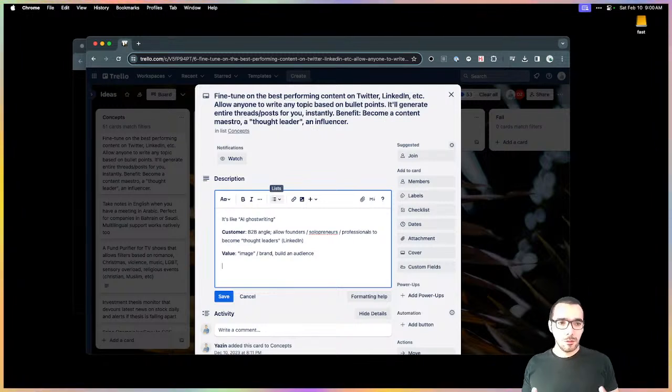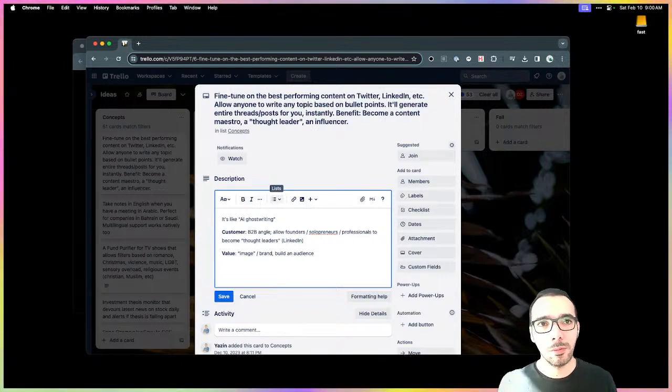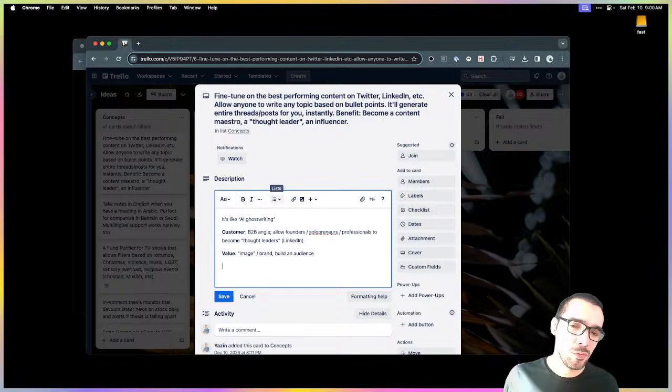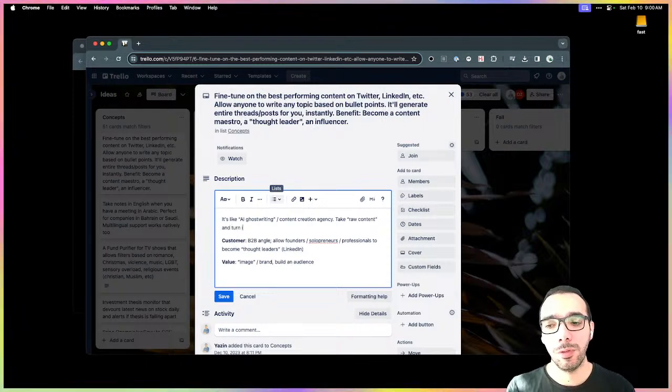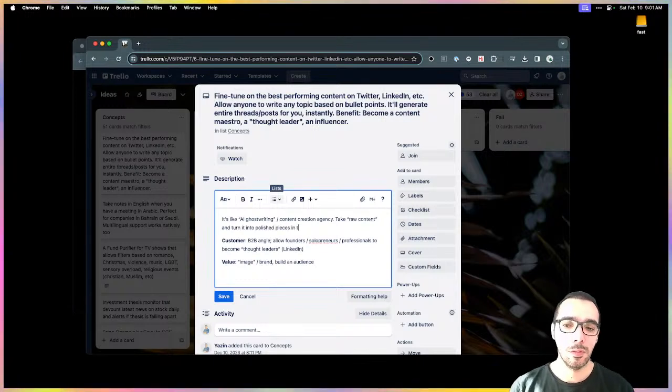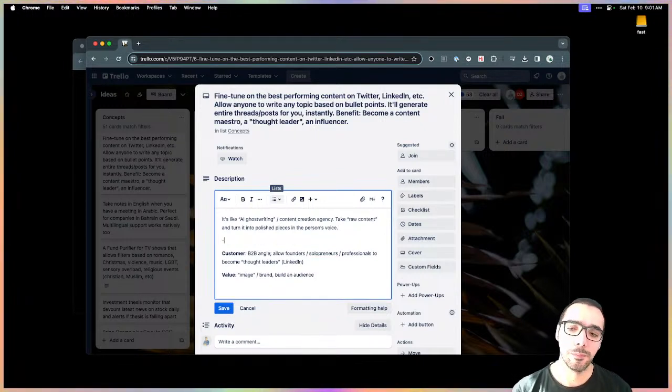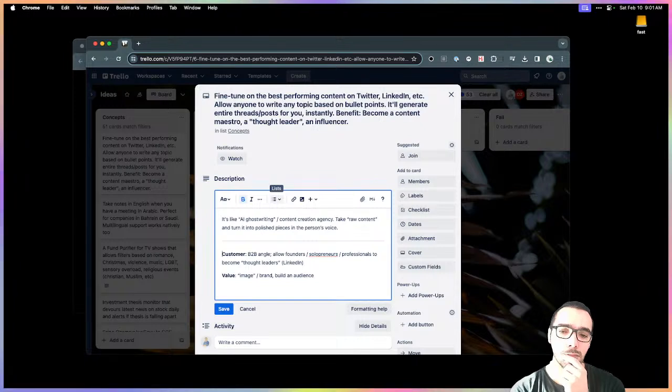And you could literally set this up so that you're sending small pieces of content or insight, and that gets transformed into a content creation agency. So take raw content and turn it into polished pieces in the person's voice. Yeah, that actually sounds pretty compelling. That sounds super compelling.